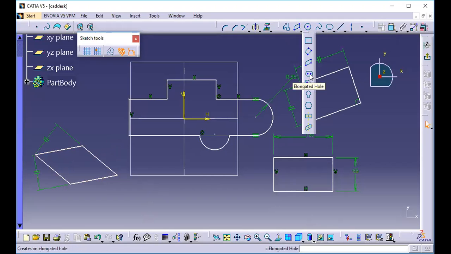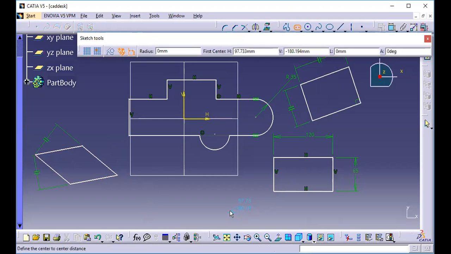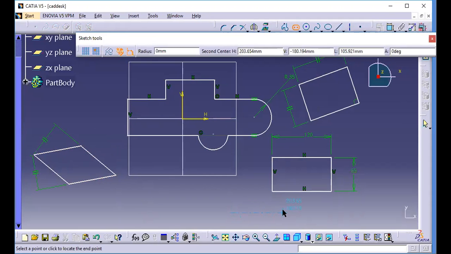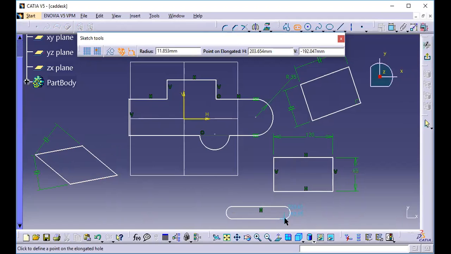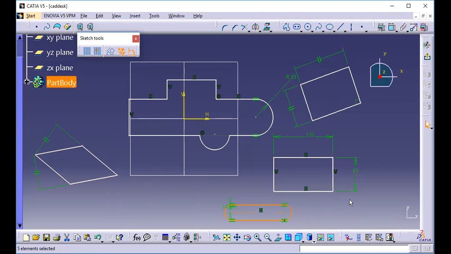If you want to go for a slot, this is an elongated slot and this is a cylindrical elongated slot. For slot, you have to go for the start point of center point, end point of center points, and the radius value. So here, the profile you will get like this. So this is how to draw a slot.